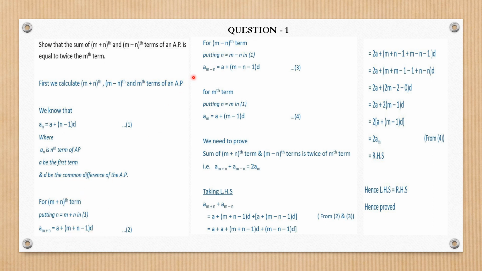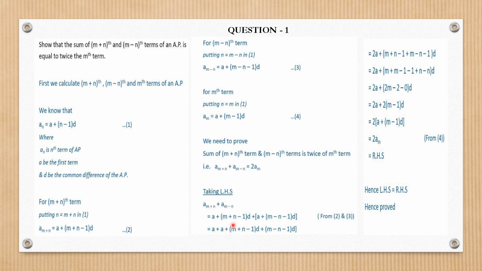Okay. Similarly, what will be m minus nth term? I have to replace this n by m minus n. So I'll get a m minus n as a plus m minus n minus 1 d. Okay. For mth term, you know the formula will be a plus m minus 1 d. Now I'll add this number 2 and number 3 because I need the sum of m plus nth and m minus nth term. Okay. So both the terms added together,